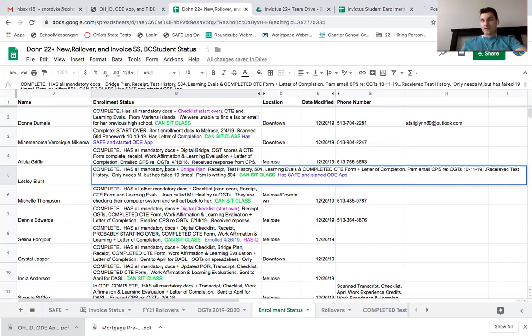Do they have all the mandatory docs? Writing has mandatory docs. Do they have a bridge or a checklist? Marking that. Do they have a receipt? Obviously, that's going to be mandatory if they don't have a transcript already in order for them to sit class. And then just detailing each other thing that the students brought in, whether it's an IEP or